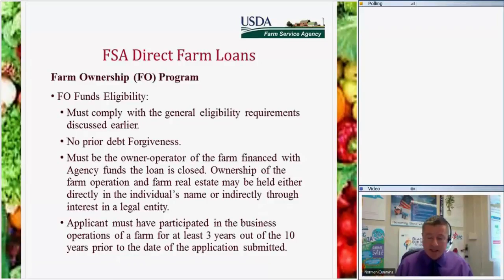Now, here's where being a veteran will come in handy. With a veteran, you can actually get a year of experience if you were in some light leadership program within the military. So that's a year out of the 3 years that'll help you out. It also goes for if you've gone to college or had managerial experience, that'll help. But that's something we're real sticklers about as far as getting our farm ownership.